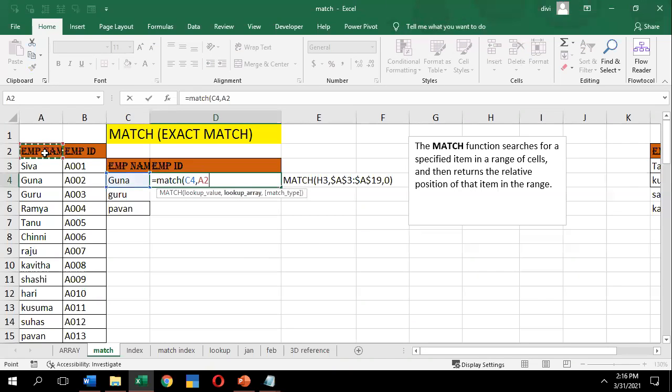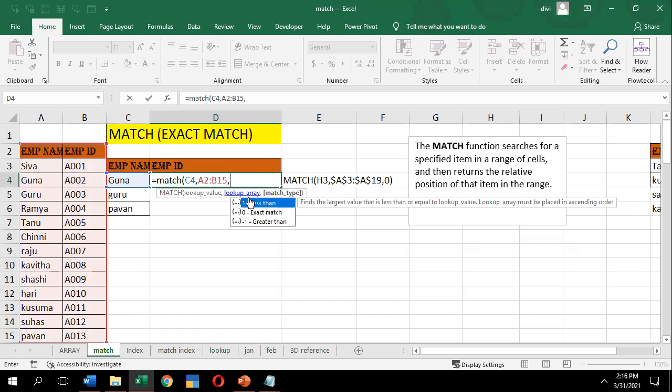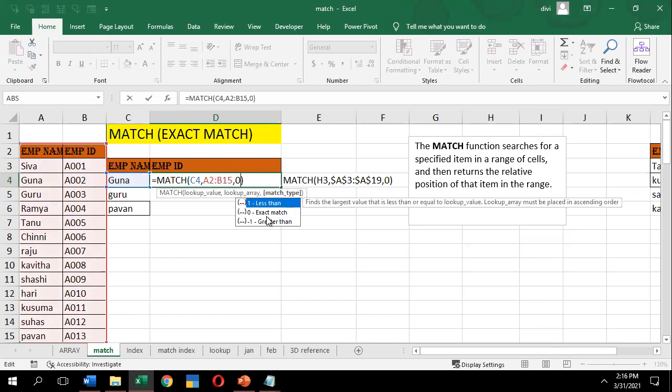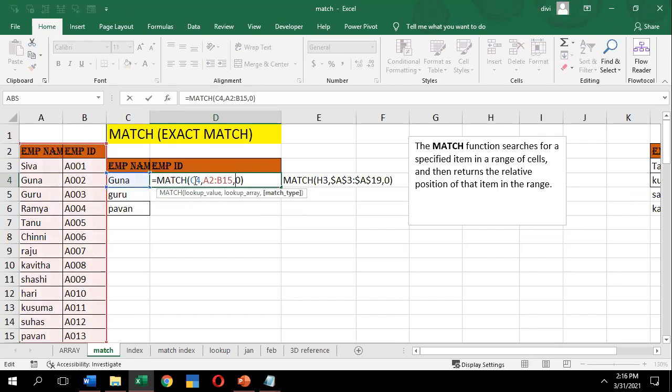I select the lookup value, comma, and it's asking what you want. Do you want an exact match, or greater than or lesser than? Let me select the exact match, 0 exact match.